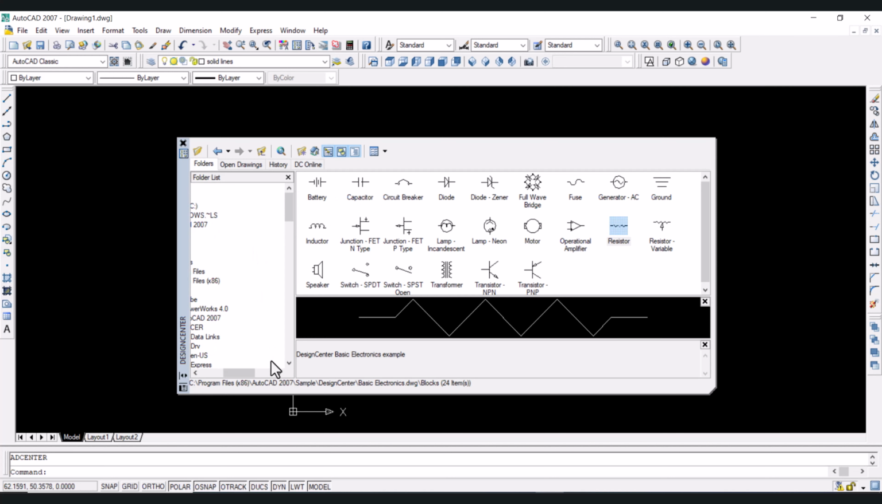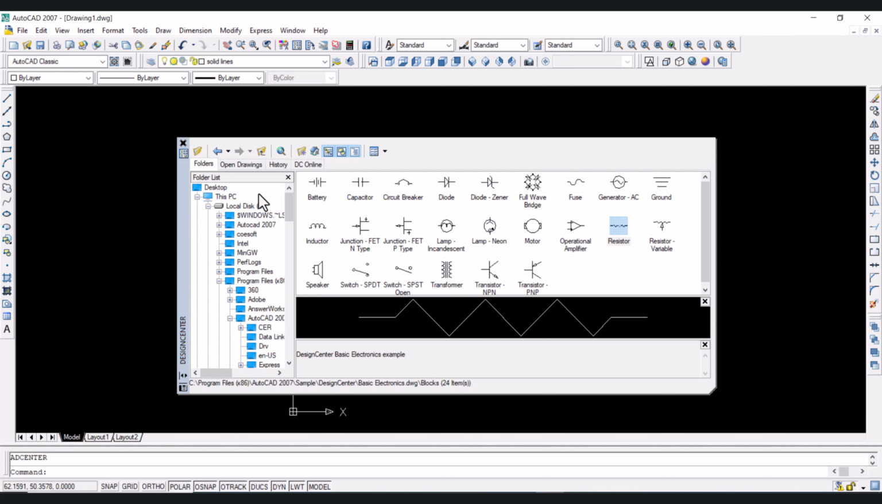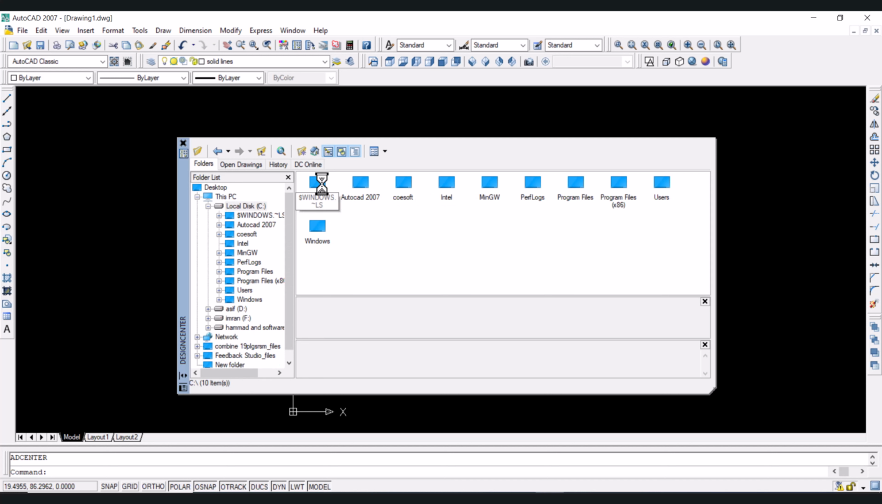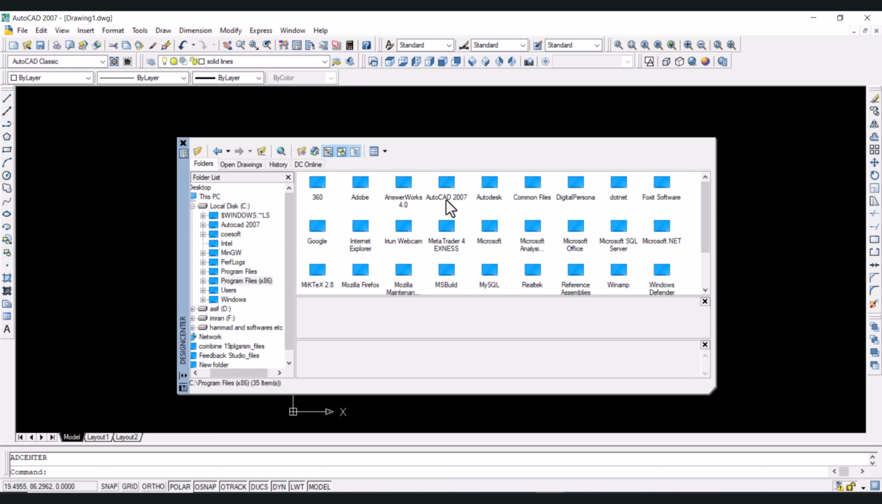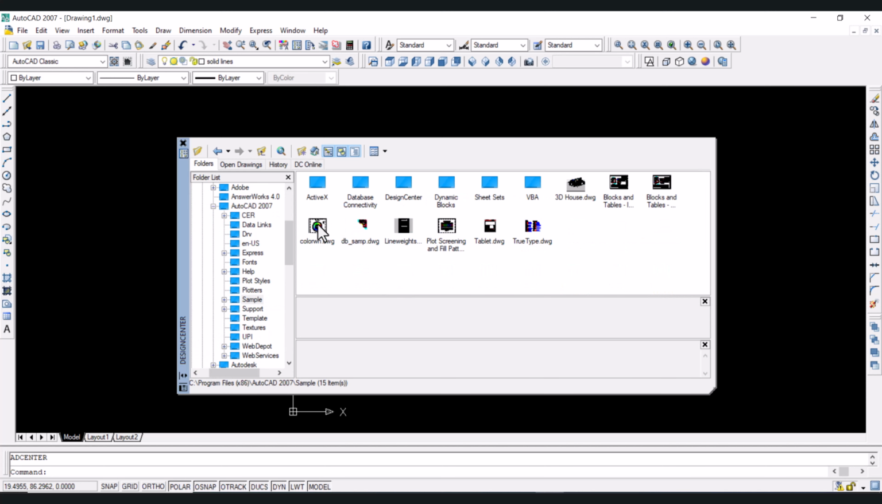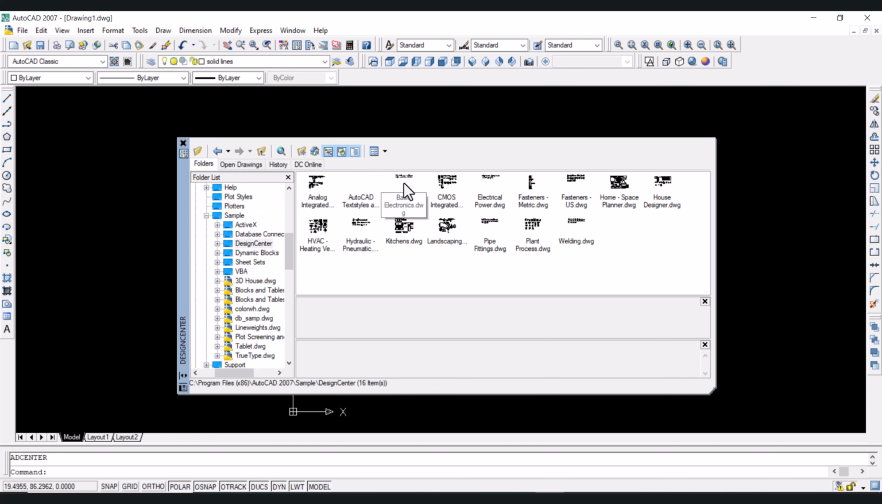So let us trace the path. If in any computer where AutoCAD is installed you can't see any objects in the form of these blocks by the DC command, then you have to trace the path. So for that, go to desktop, click on This PC, click on Local Disk C. Don't click on AutoCAD 2007 here, click on Program Files (x86). So here you will double click, and now you can see AutoCAD 2007. Double click over here, double click on Sample, then Design Center, and now we can see different important files which